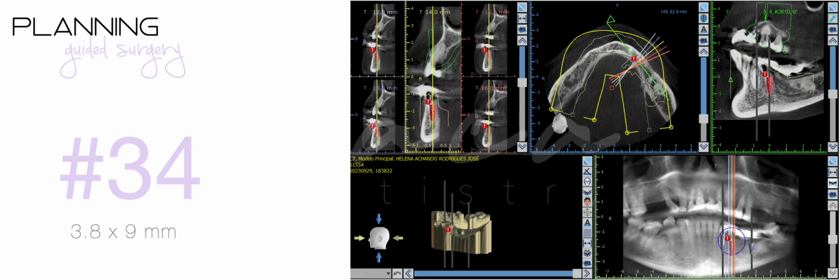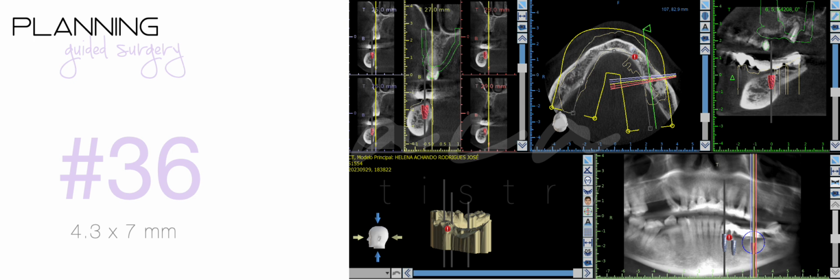Then I can show you here the implant on the 34, a 3.8 by 9 millimeters implant. And finally, I show you here the implant on the 36, a 4.3 by 7 millimeters implant. So everything is planned. We can go for the surgery, and now I'll show you what I did in the